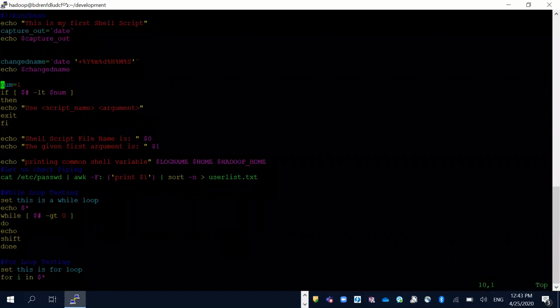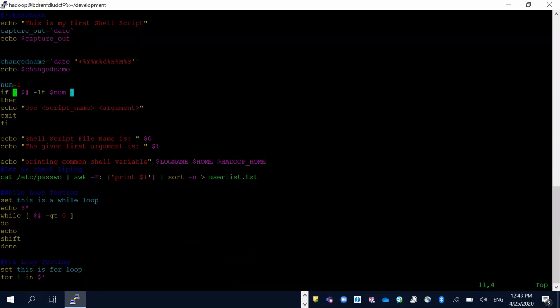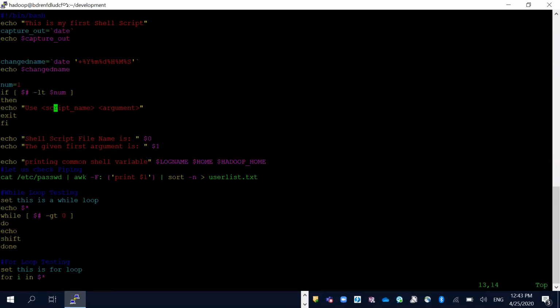But you don't need to define whether it's integer or float, it will sense it automatically. And this is the one that I would like to point out. If you remember in our slide, the $# is the number of arguments that we have passed while running the script. So if it is less than 1, then it will say, give me the actual argument